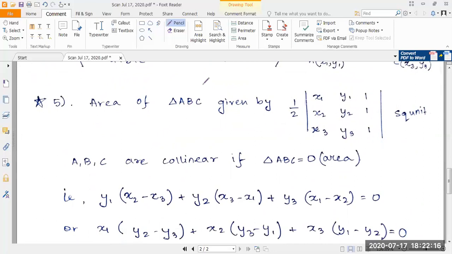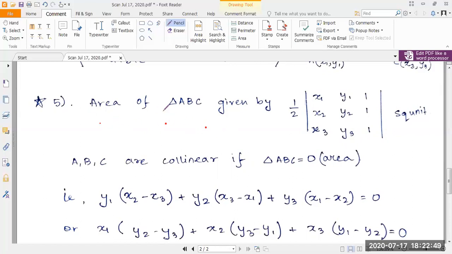where of course the coordinates of the 3 points of the triangle are given by x1 comma y1, x2 comma y2, x3 comma y3. Now let's say we have 3 points. These 3 points will be collinear if in no way you can draw a triangle out of these 3 points, because if there are any 3 points which are not collinear, you will always be able to draw a triangle through those 3 points. So when we say that 3 points are collinear, it essentially means that we cannot draw a triangle through them.